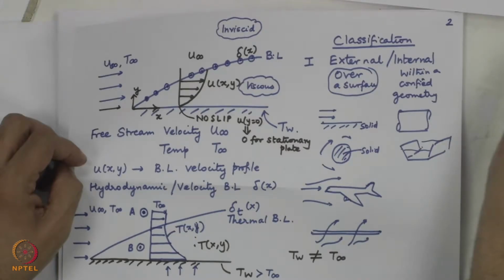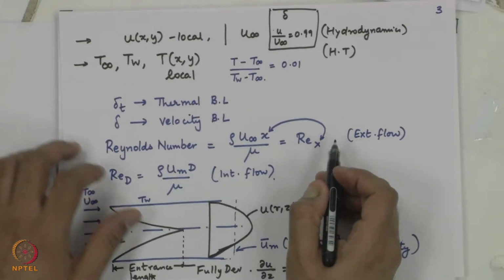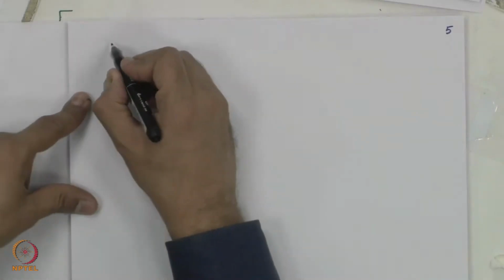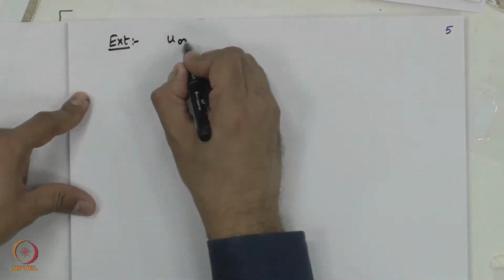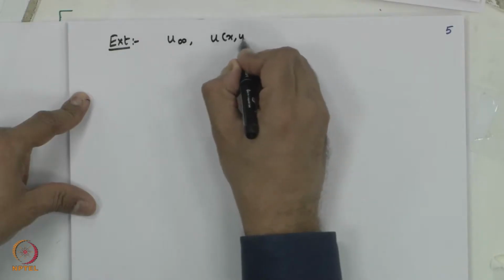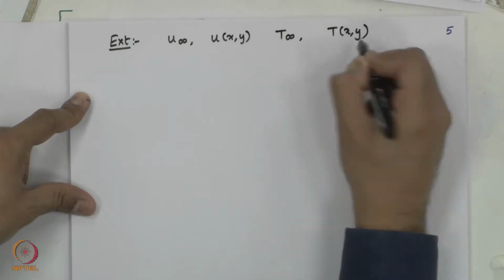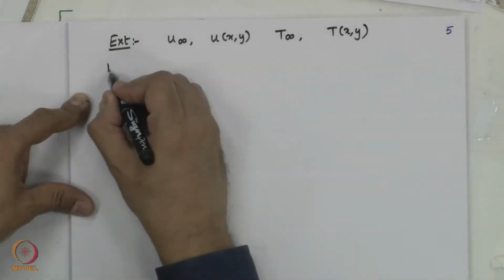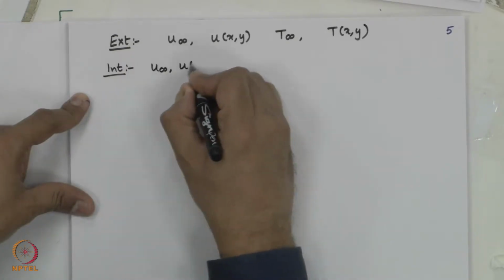In case of internal flow, we are going to have certain quantities. In case of external flow, we are going to have certain quantities. What are they? Let us just write external flow. We have u infinity, local u of x comma y, T infinity, T of x comma y. Internal flow, on the other hand, we have u infinity, u of x comma y,